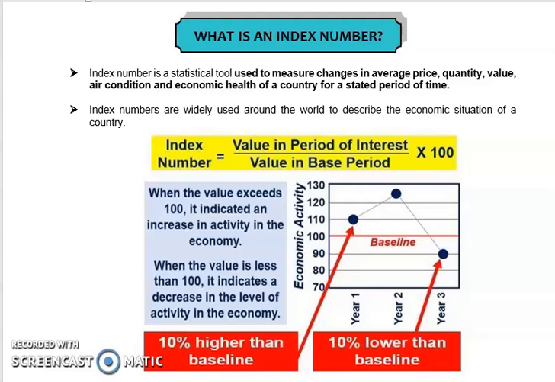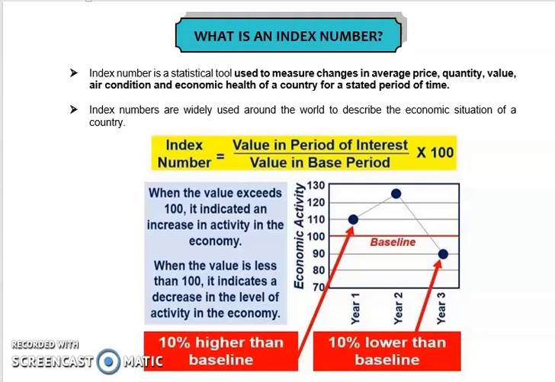Okay, in this video, we're going to learn about index number. Now look at what is an index number. So index number is a statistical tool that can be used to measure changes in average price or average quantity or average value, or it also can be a condition and also economic health of a country for a stated period of time. Okay, so index numbers are widely used around the world to describe the economic situation of a